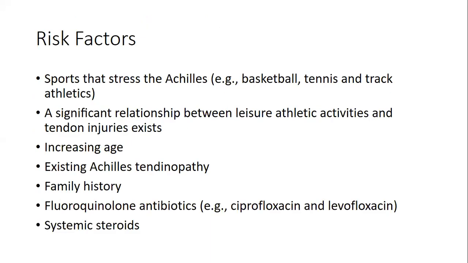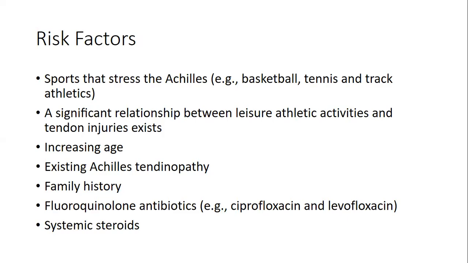So I'm just going through the literature review that we can all find everywhere. The risk factors for tendinopathy include sports that stress the Achilles, e.g. in my case that we're going to discuss today, it was Sunday soccer, which is the second point there, which says a significant relationship between leisure athletic activities and tendon